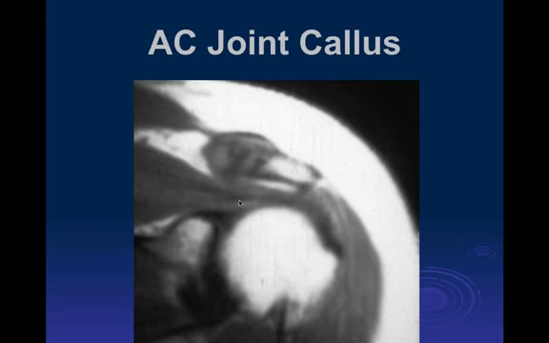So this was a little old lady who had a lot of pain when she was carrying her grocery bags, and we think that this was due to impingement, in this case from hypertrophic callus from the acromioclavicular joint,